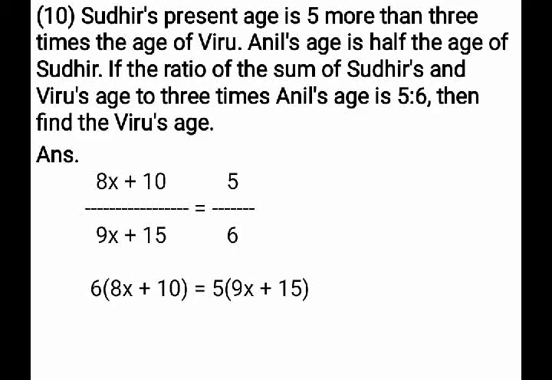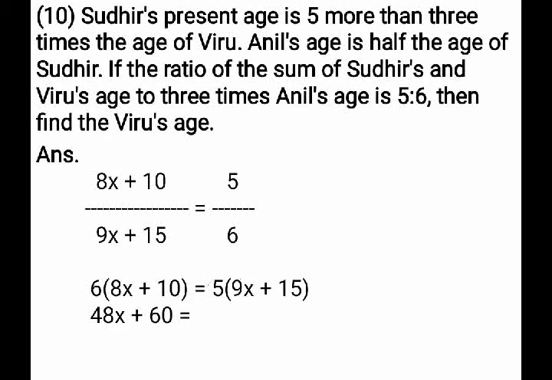You have to use the formula of a into (b + c) from both left side and right side now. That is 6 into 8x. 6 8s are how much? 6 8s are 48. That is 48x plus 6 10s are 60